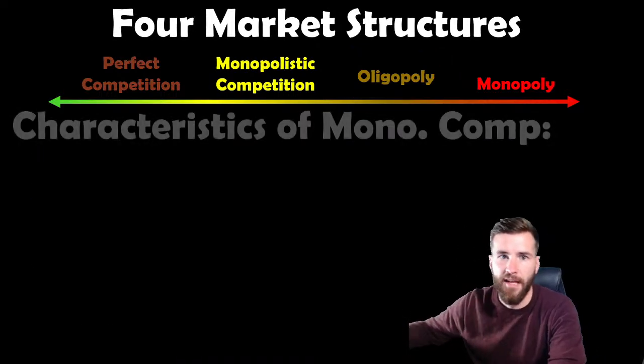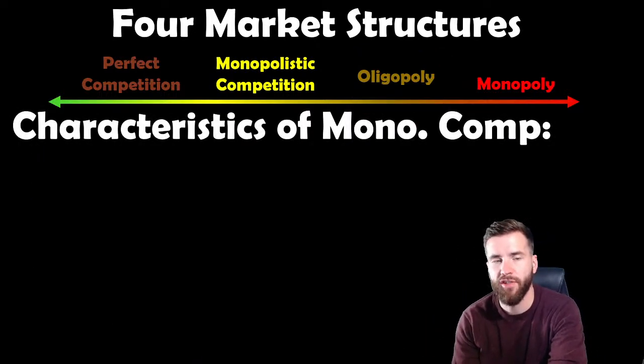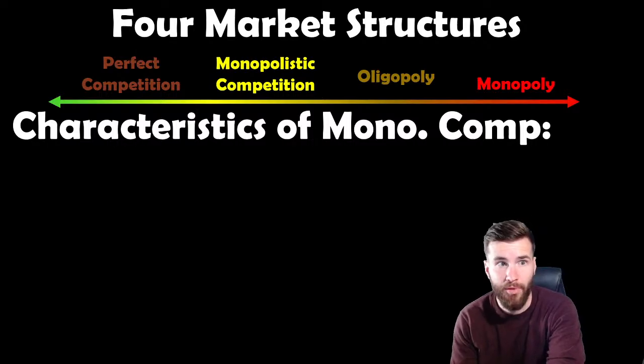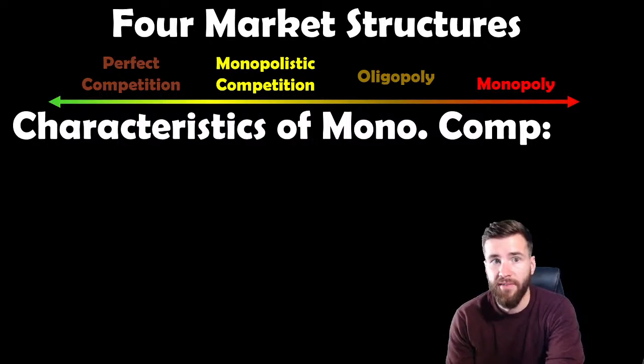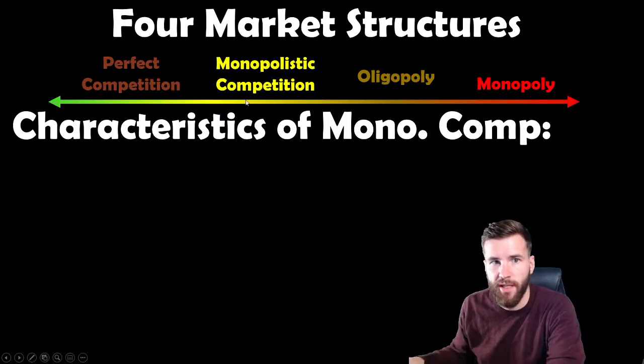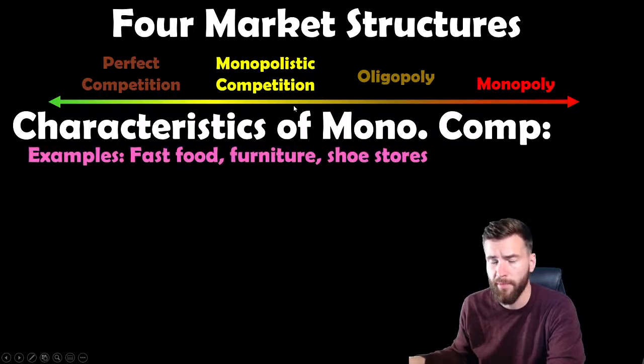All right. The last one is monopolistic competition, which we're going to learn is a blend between monopoly and perfect competition. Basically, see how there's the word competition in it? That means it's going to be very, very competitive. Not hundreds of thousands of producers, but hundreds of producers, right? There's going to be a lot of other producers that they're competing against.